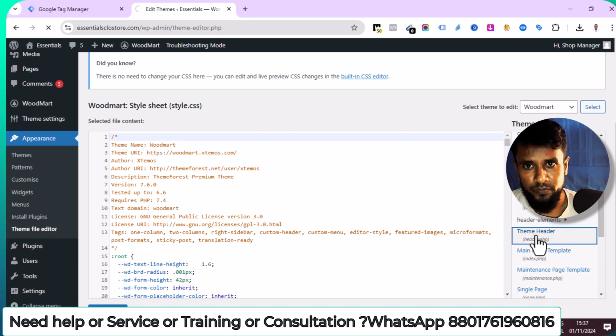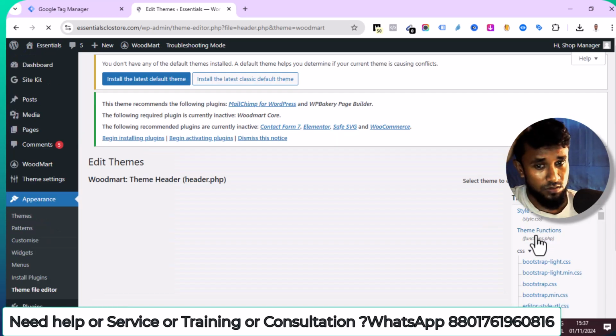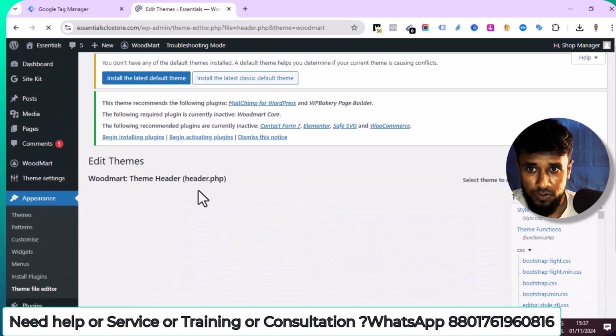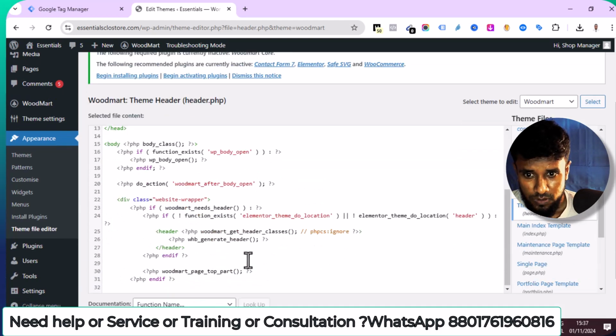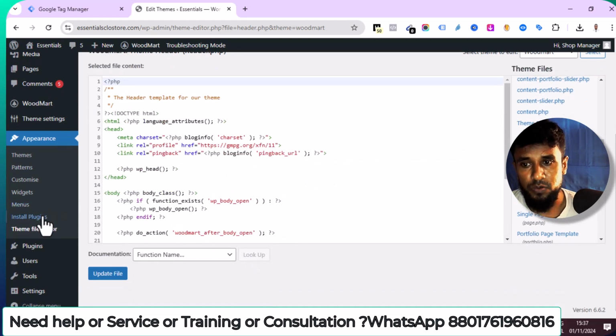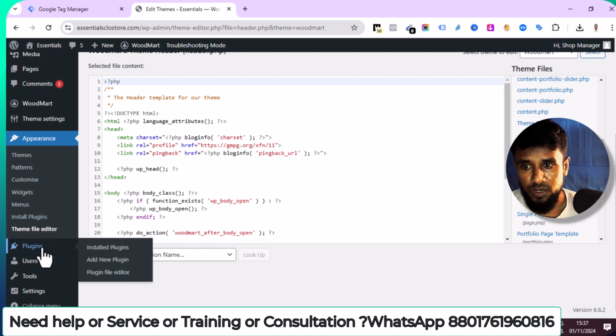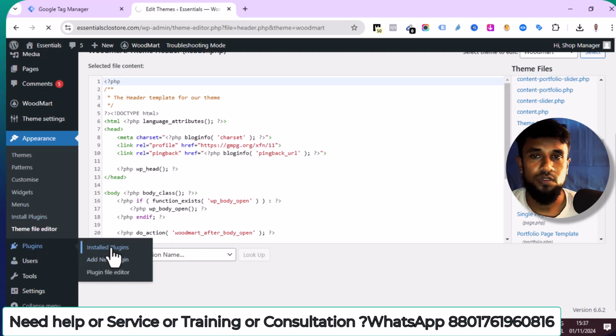Okay, so no GTM tag is found. So now I need to go to the GTM plugin